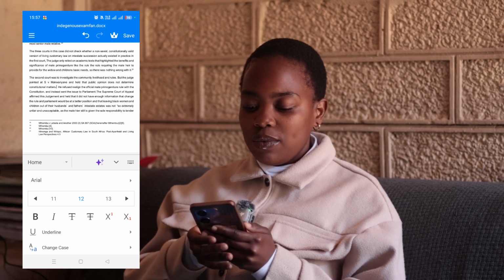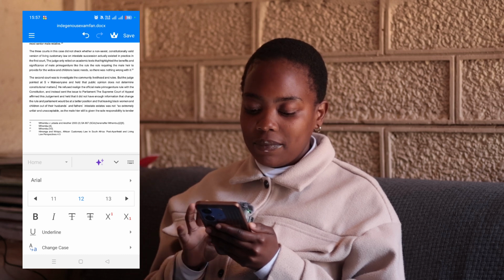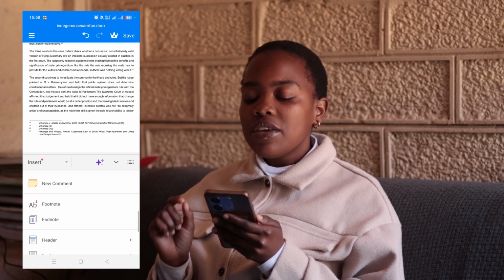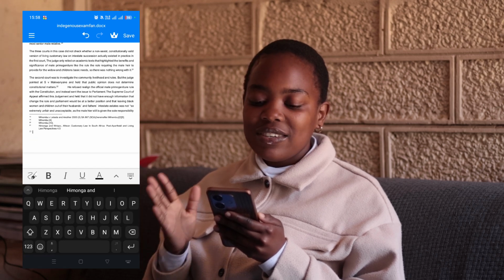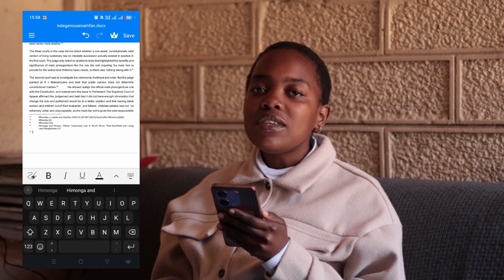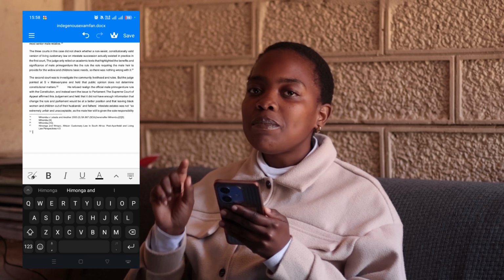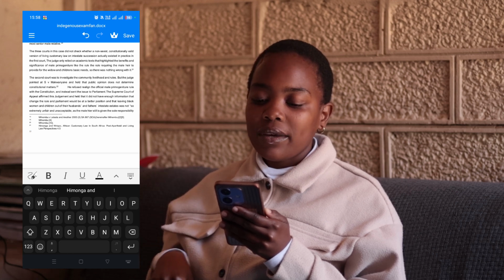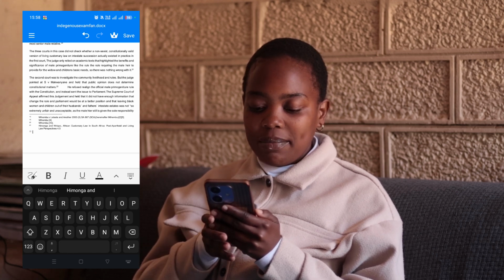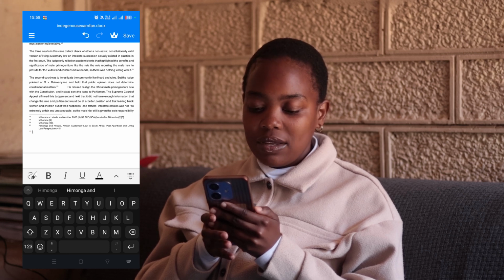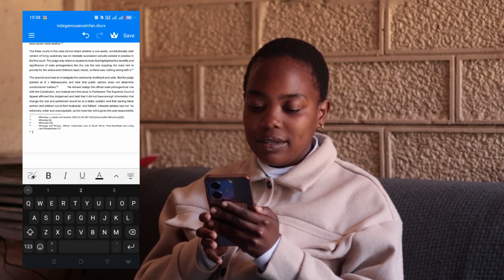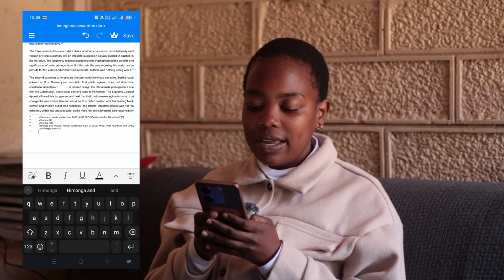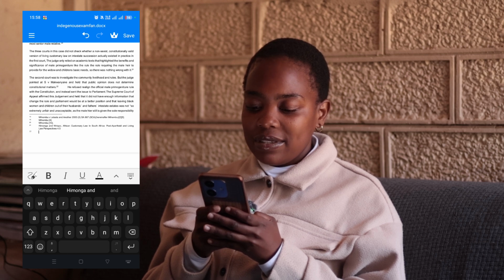Then you go to Insert. Then you click Footnote. As you can see, your insertion point is just next to the number of the footnote, and at UNISA it is required that your footnotes be 1 centimeter indented. That's when your tab button is going to work. So you go to your keyboard that has a tab button, you click tab, then I can refer to my case and write State versus